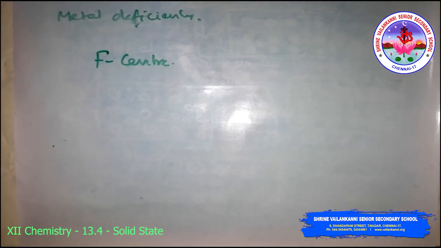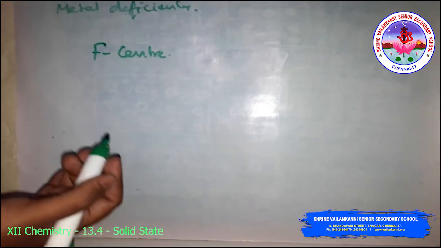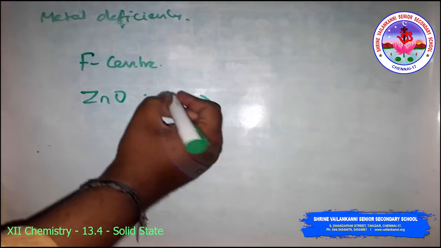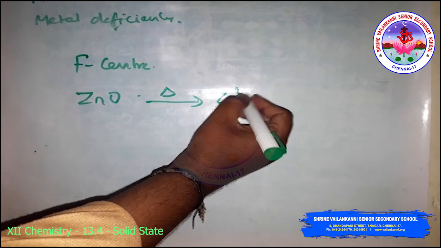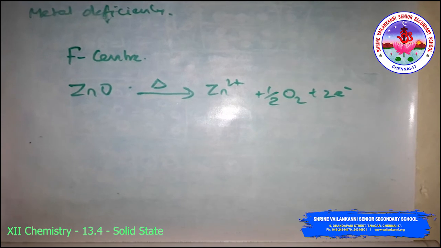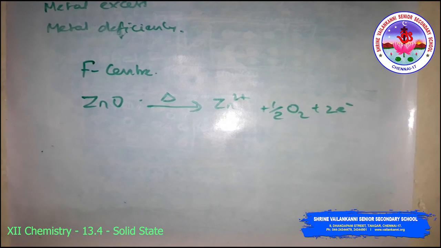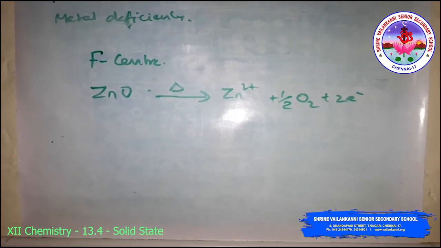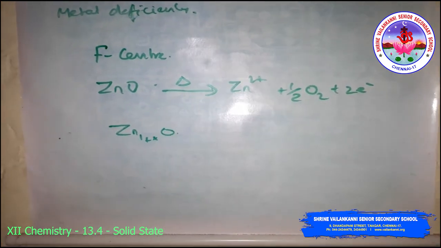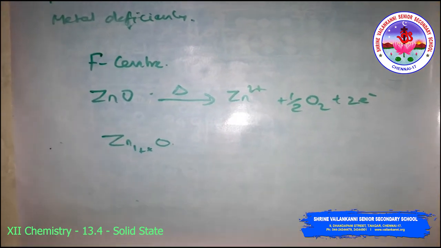The metal excess defect can also be due to the presence of an extra cation in an interstitial site. Zinc oxide is white in color at room temperature. On heating, it loses oxygen and turns yellow. Zn 2 plus and half mole of O2 plus 2 electrons are lost. White to yellow. Then the crystal has excess zinc and the formula becomes Zn1+x O. So the excess zinc ions move to interstitial sites and the electrons to neighboring interstitial